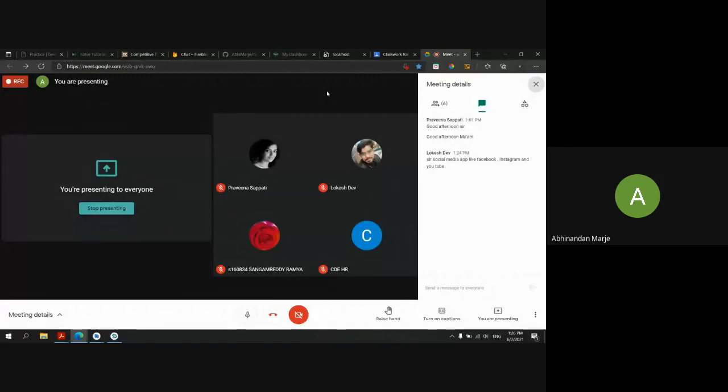So for the social media app, as Lokesh sir suggested, it will be a complicated app. It will not be easy. So I will keep it for the end. If we get that much time, or if I see that much progression from your side, I may add one messaging app like a chatting app. But a full social media app will be really complicated. We will be dealing with several recycler views, several databases, the storage, real time database, cloud. Okay, that will be completed. I will keep it for last.